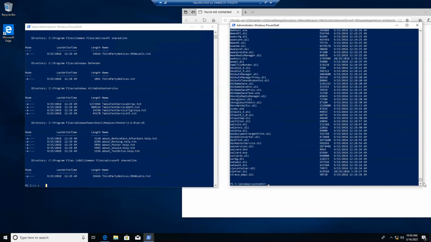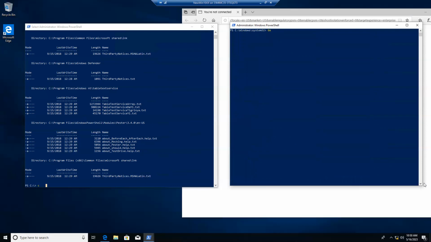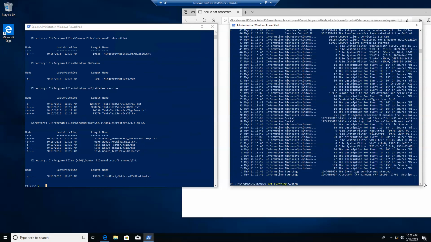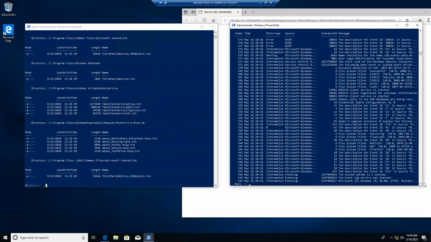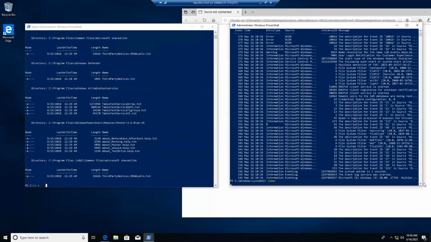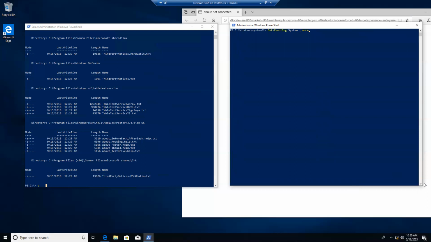So just like we have done that, we can also extract specific information pertaining to, say, for example, some event log. So I can say get event log system. In fact, that's too much. So can I go page by page? Yes, by using the more command. Can I in fact group them? So I can say, instead of just more over here, I can say